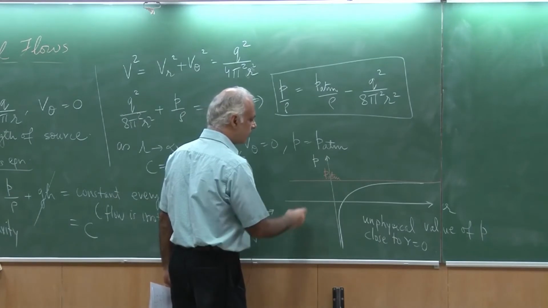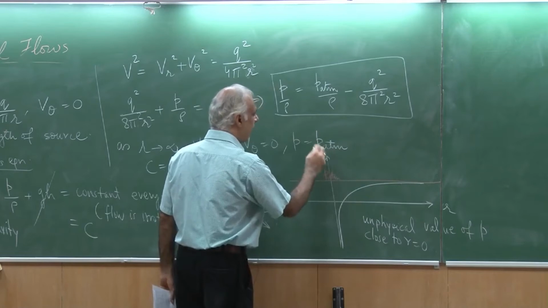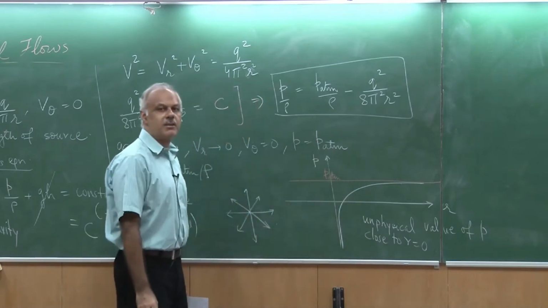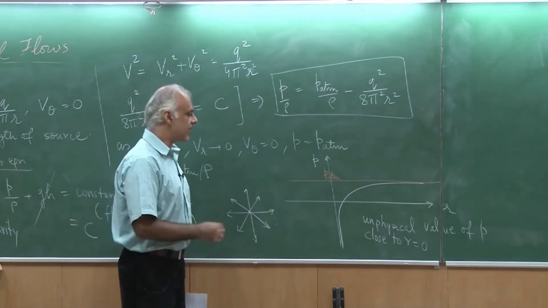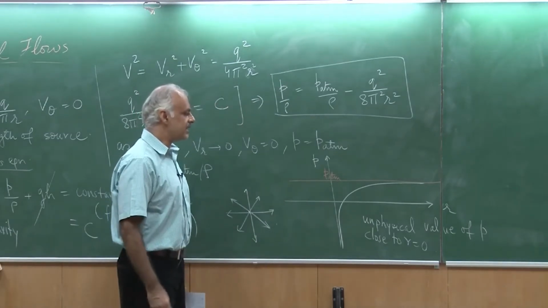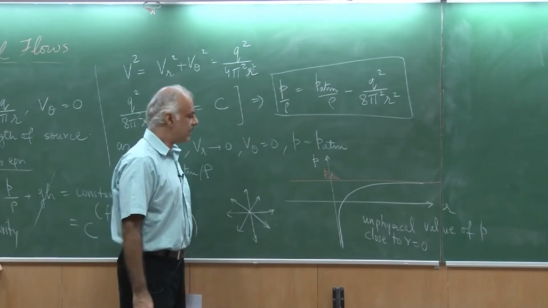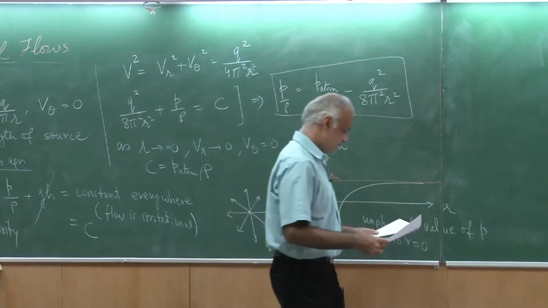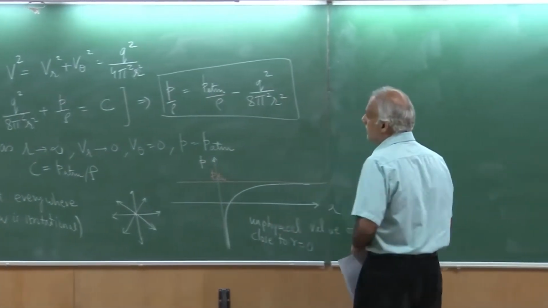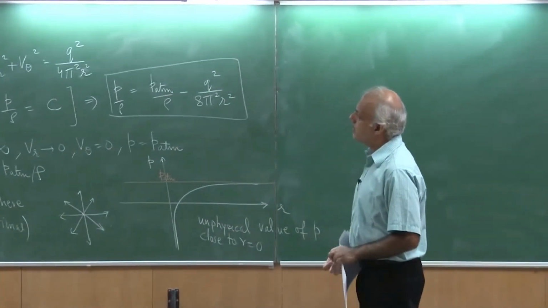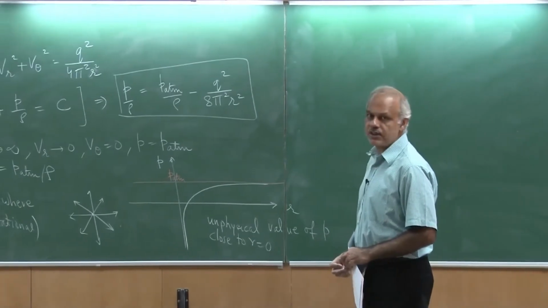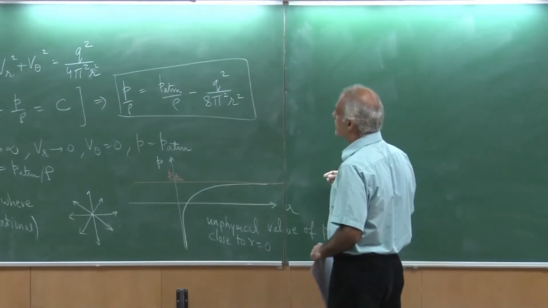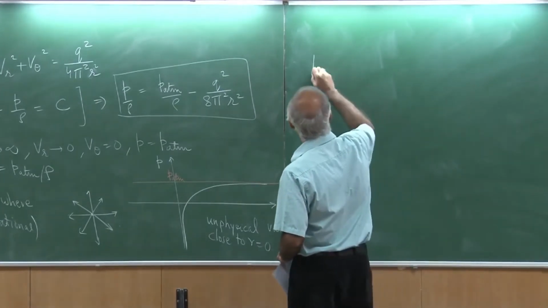So what one can do is to regularize it, kind of patch the velocity description near r equal to 0 with some other function. Of course, we are not going to deal with that, but I just wanted to show you how the pressure distribution looks like. The next building block that we want to use for the potential flow is what is known as a vortex, a free vortex.